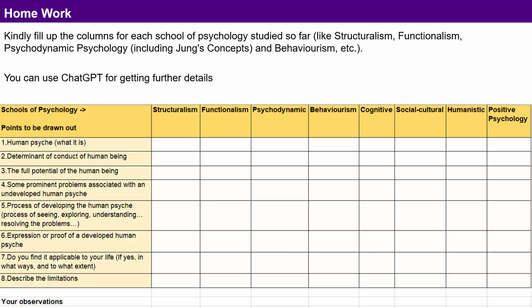For example, we are saying something, structuralism. Does it help you in some way or the other? Finding out how you built up a sanskar. So you'll see that all these schools of psychology may help us, not necessarily does help us, but may help us in finding out how we built a certain sanskar.